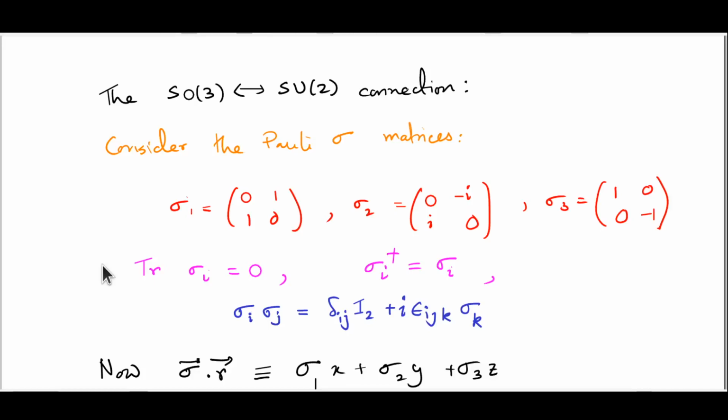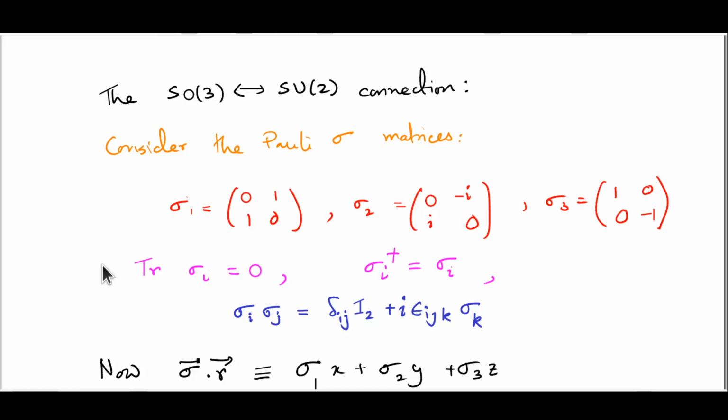Now, the reason why we have been mentioning these two groups, SO3 on the one hand, the group of all rotations, definitely a rather familiar thing from our daily life experience, and SU2 on the other, a much more esoteric thing, the group of all 2x2 unitary complex valued matrices, is that the two are connected to each other via a homomorphism, as we have said. SU2 and SO3 are homomorphic. To understand this homomorphism, that is the map which you can have between SU2 and SO3, which preserves group multiplication structure,